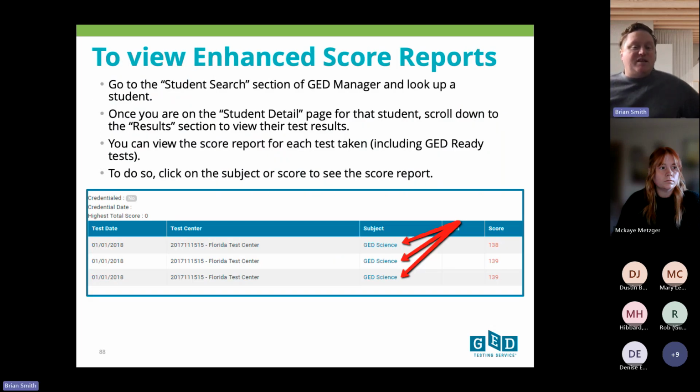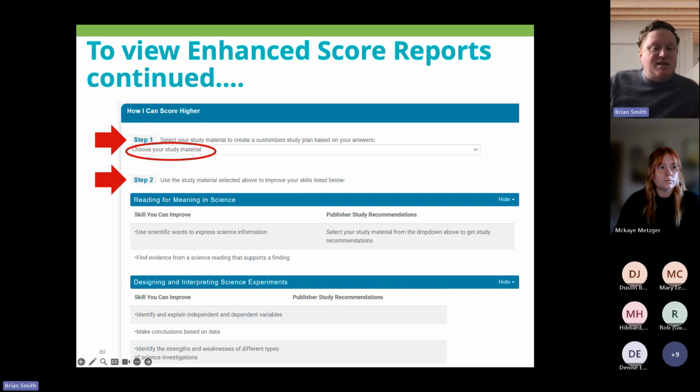So to view these enhanced score reports, you'll see in GED Manager, you'll look up a student, and it'll show you the student's information, and you just click on the subject, and that'll take you to the specific score report for that student. So once you do that, in this example, you click on the science test, and then you'll see it's going to give you